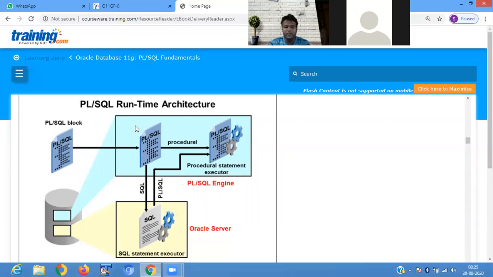The SQL statement is executed in the SQL statement executor. The SQL statement is executed in a separate part. The PLSQL statement is executed in a separate part, called the procedural statement executor. So for both, the executor is different: the SQL statement executor is different, and the procedural statement executor is different.